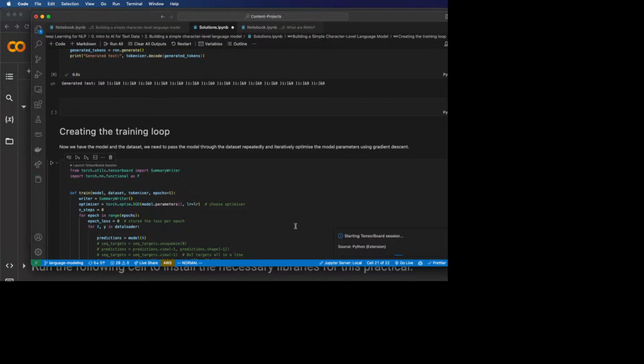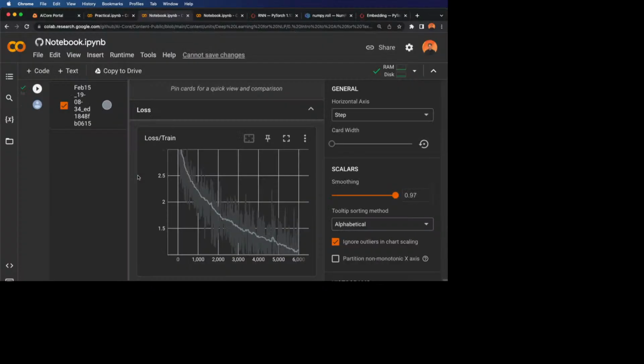Loss doesn't mean much though, right? The loss is just some arbitrary measure of is it doing better than it was when I first started training it. So what you really care about is what it's producing. And so in the code, I've got this add text function. And what it does is it adds text every time